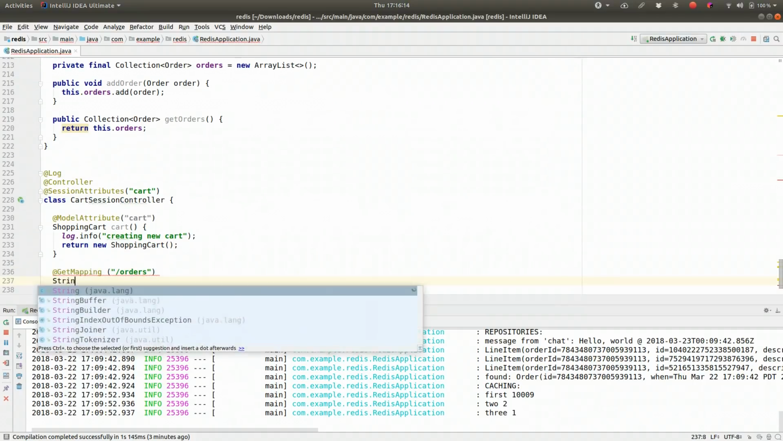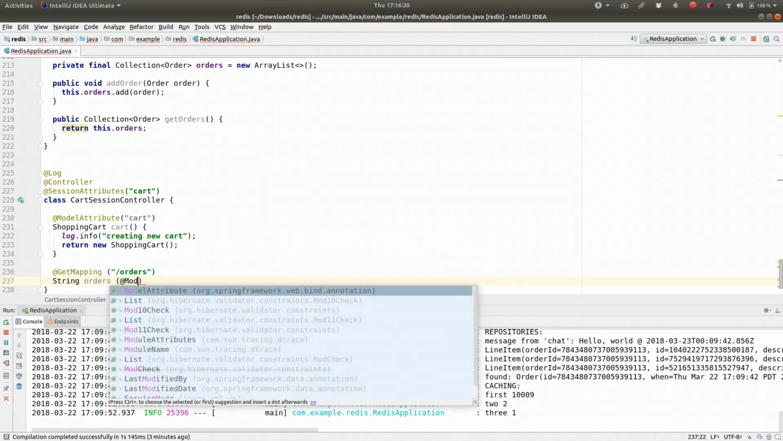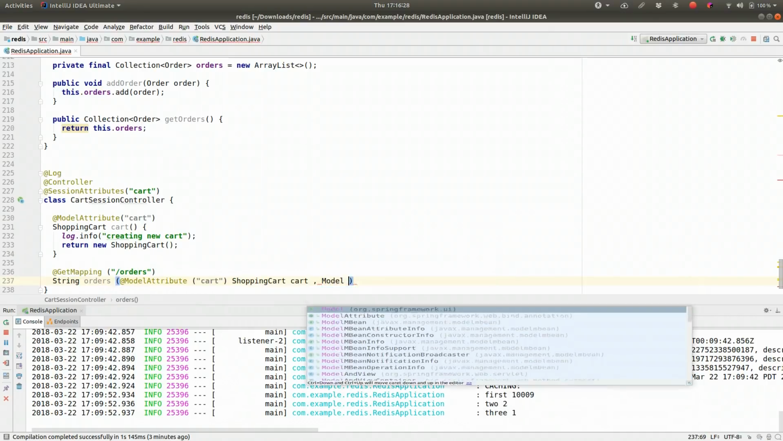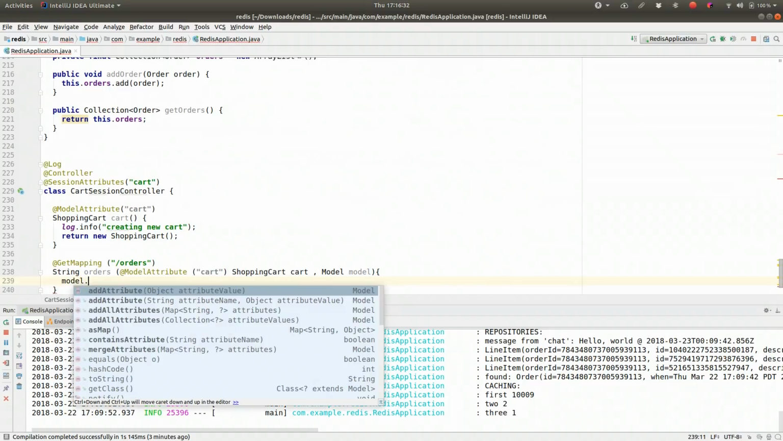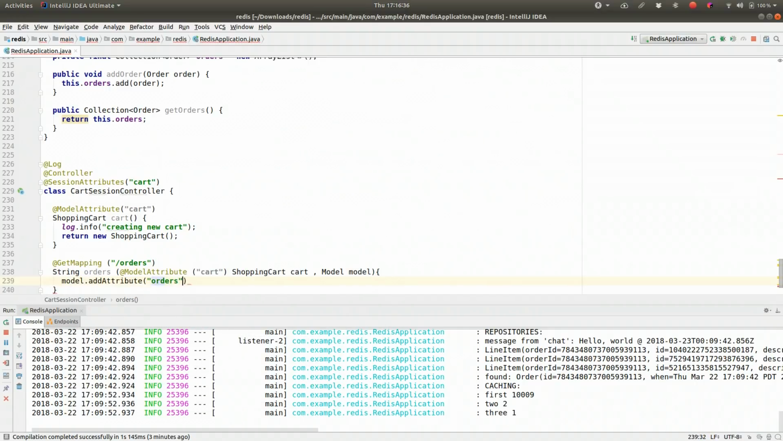That's going to return an HTML page rendered with Thymeleaf, and that's going to inject this model attribute. So ModelAttribute cart, and it'll be ShoppingCart. We're going to create a Spring MVC Model to render the view here, and the model is just going to have some data in it. Model addAttribute orders, and it'll be cart.getOrders. So what we're going to do is whenever somebody goes to this endpoint, we're going to add a new order,